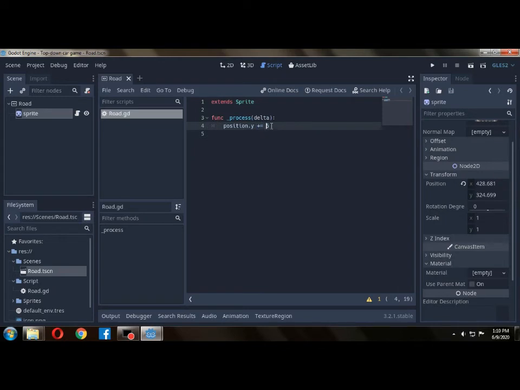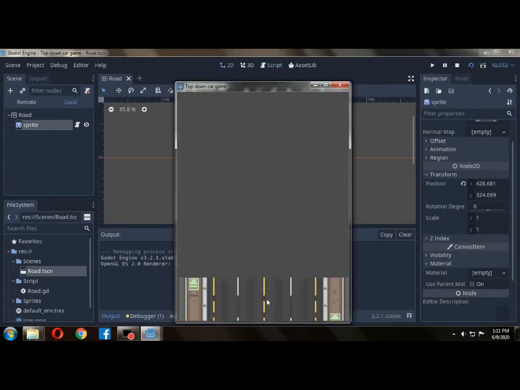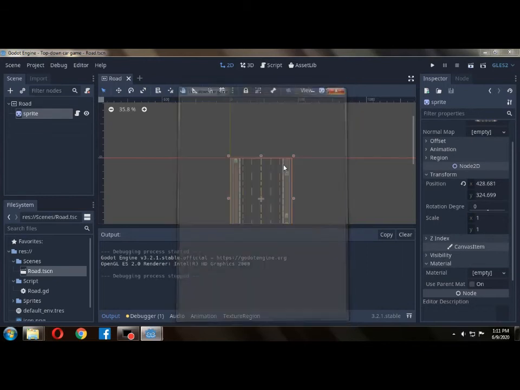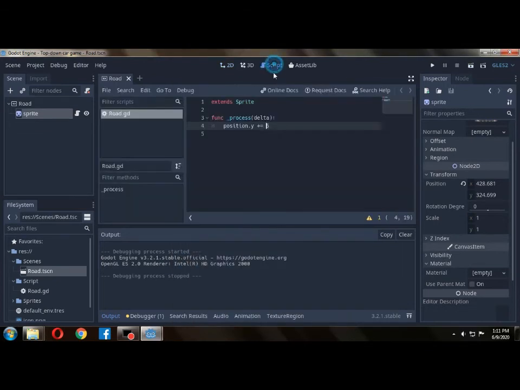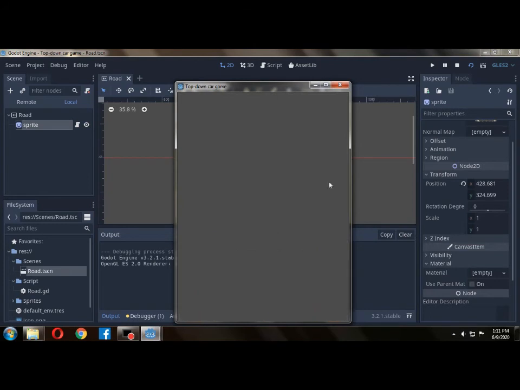What will happen if it increases? It will move down. Want to see? Just run the scene and you can see it is moving down. Oh, it is getting a little slower. No problem. I think the speed should be better if this is 8. Oh, not enter, just 8. It would move speedily. Here you can see,